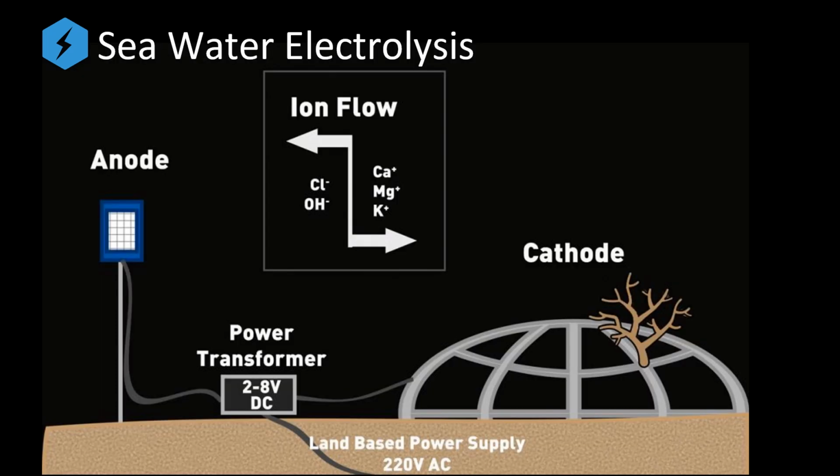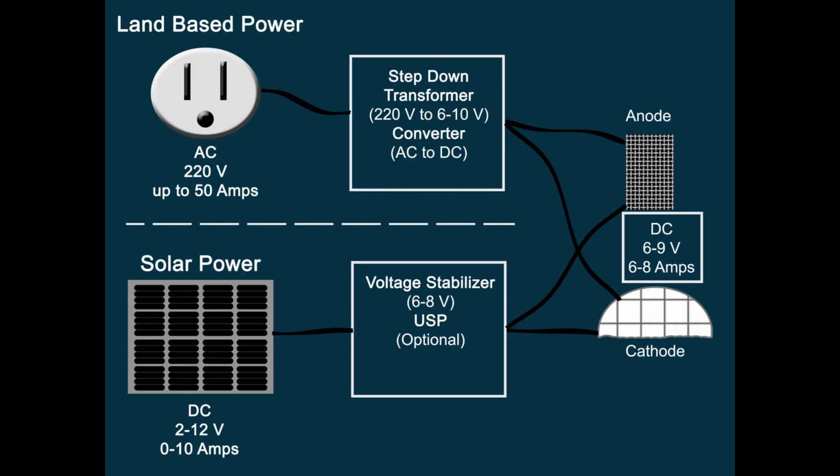So back to the larger structure itself, it's quite simple. Essentially, we have the power, the cathode, and the anode. The power can come in multiple forms. Generally, we use land-based power as it's more reliable, which requires a step-down transformer to reduce the electrical load, and